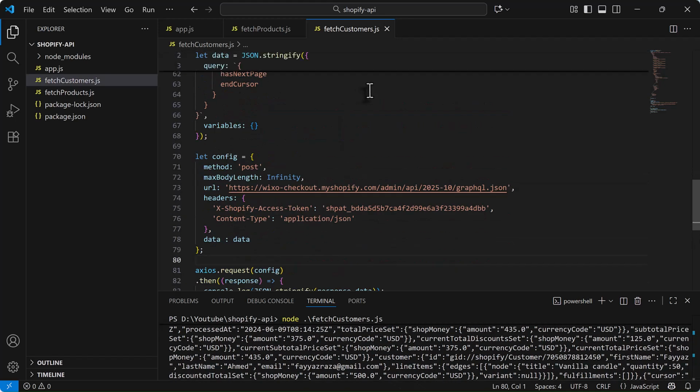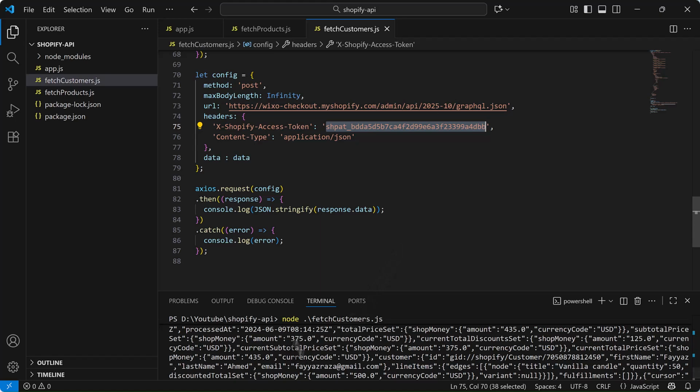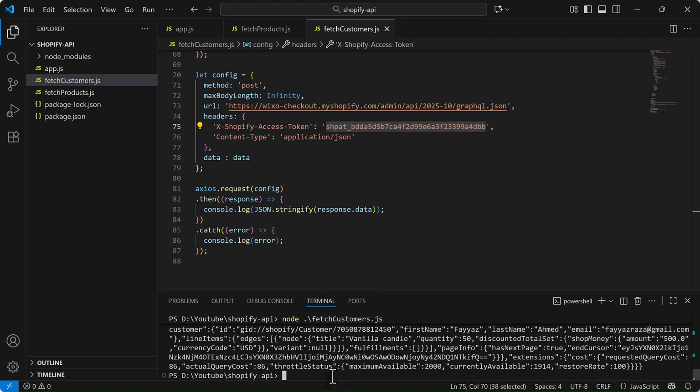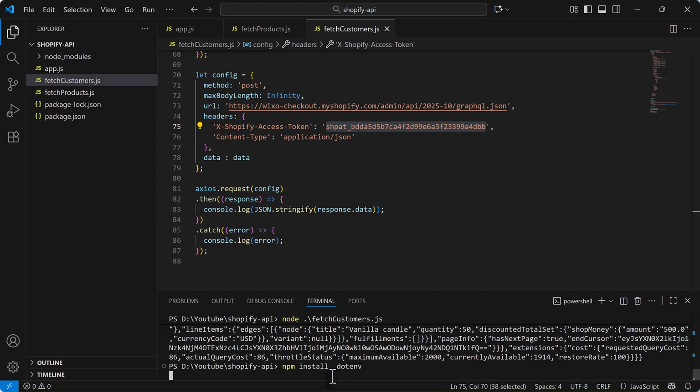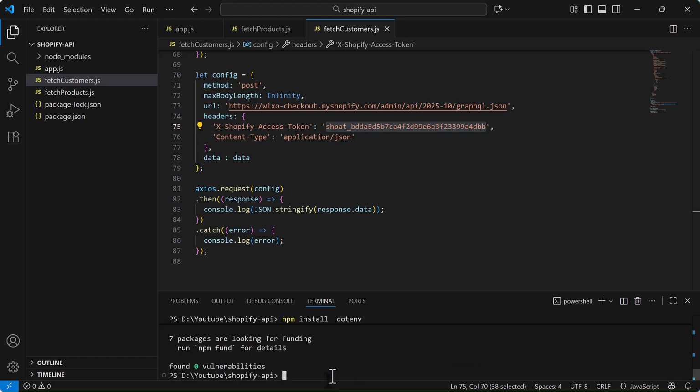So right now we are putting this access token in the code, which is not good. So we need to install the dotenv module. We'll type npm install dotenv. Hit enter, and it installs the dotenv module. Now we can create the new file .env,